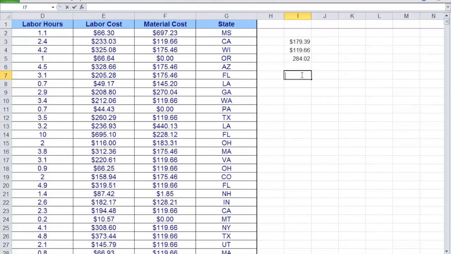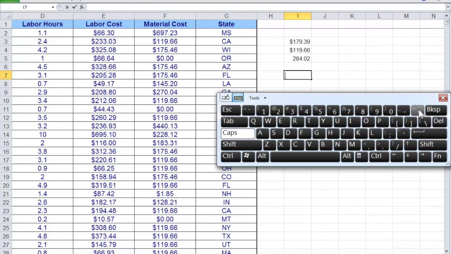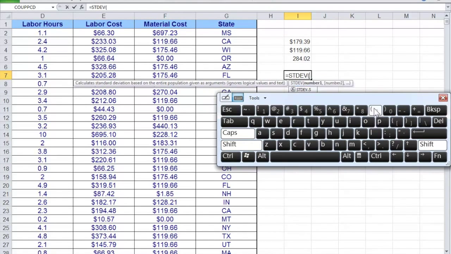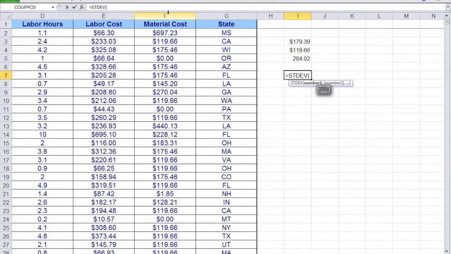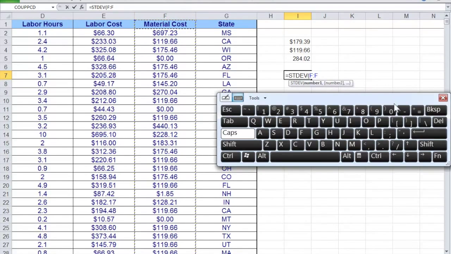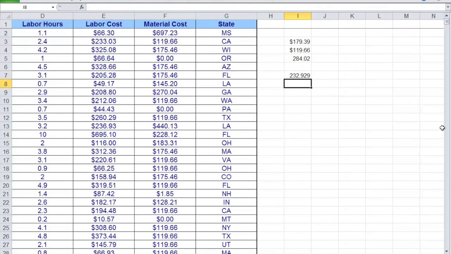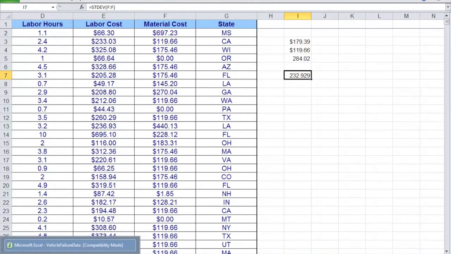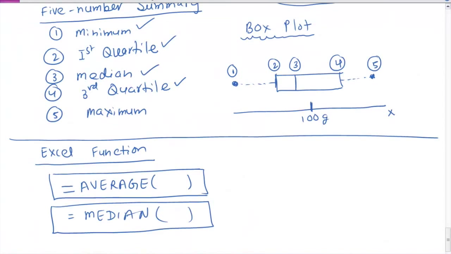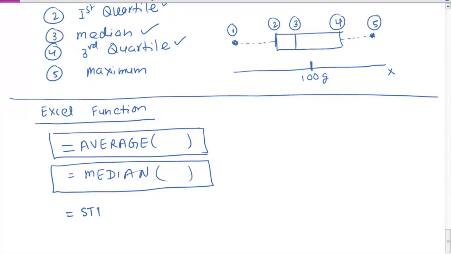Similarly, let's say you want to calculate standard deviation. So the function to be used is stdev and then bracket. So again select the entire column and close the bracket, hit enter. That's the standard deviation within no time. Key functions that you will find useful: stdev for standard deviation,